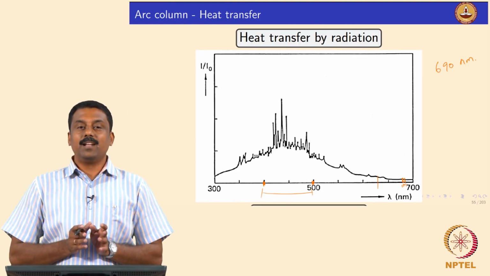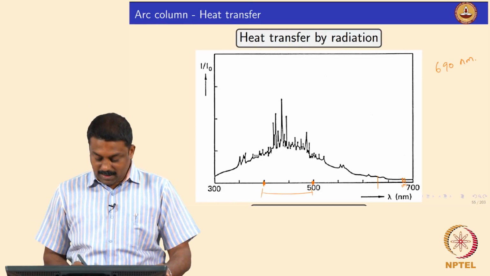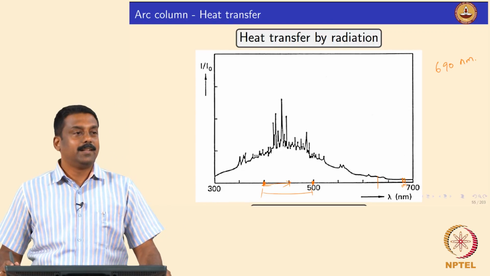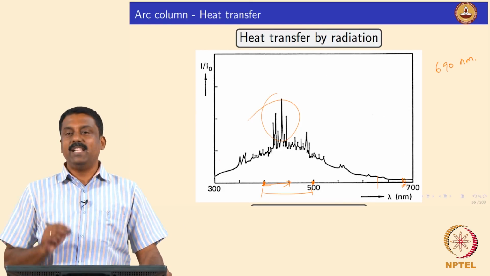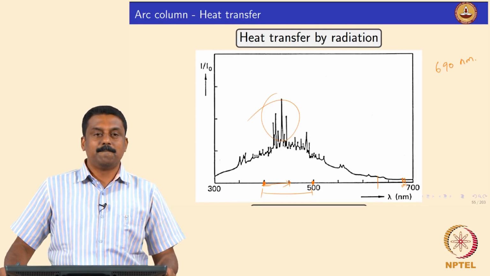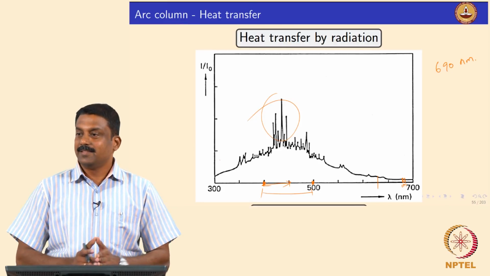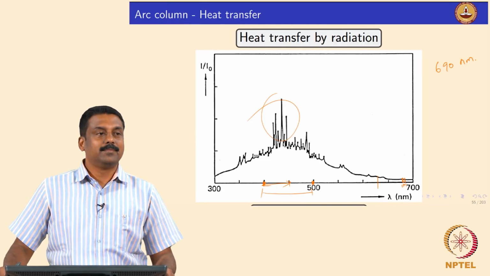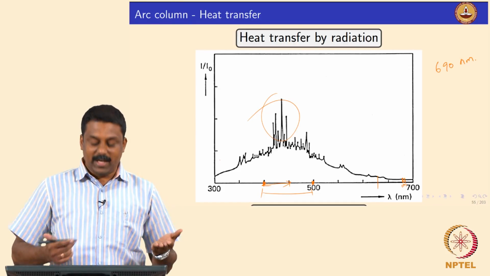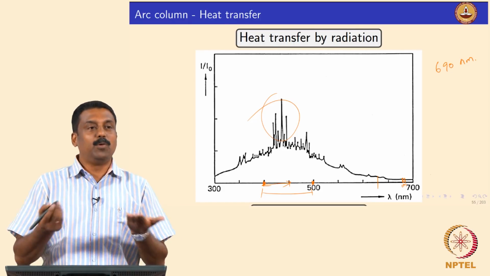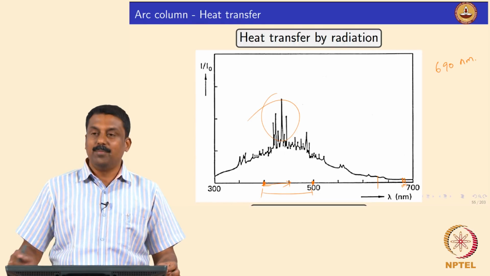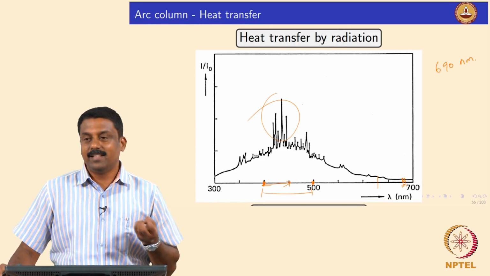Or if I want to see only the arc, I don't want to see anything else, I can choose a band pass filter between say 400 to 450. That means the light coming from this region would only reach my camera. So I can look at only the arc, nothing else, isn't it? The color of the arc is bluish white because it has all the wavelengths, therefore white, with some peaks in the bluish range. You see the peaks in the blue range, that is why we see the arc as bluish white.